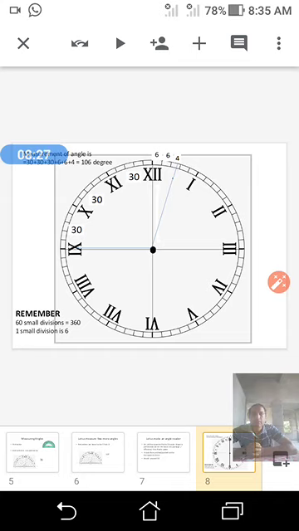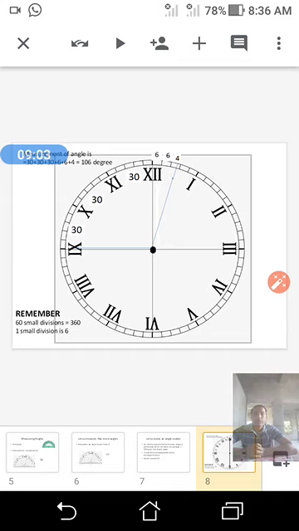As you can see, from 9 to 10, 10 to 11, 11 to 12, and so on, the angle moves. As we move from 9 to 10, it is 30 degree. 10 to 11, another 30 degree. 11 to 12, 30 degree. Then in one place 6, 6, and another one is 4. In this way, my angle is 30 plus 30 plus 30, 6 plus 6 plus 4, that is 106 degree.